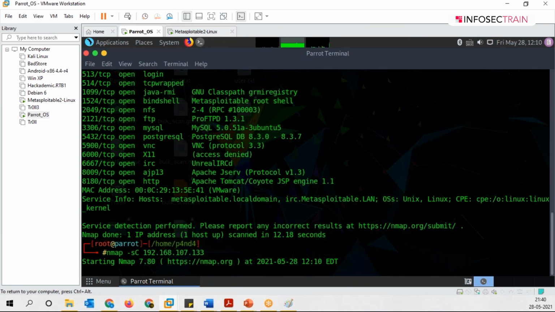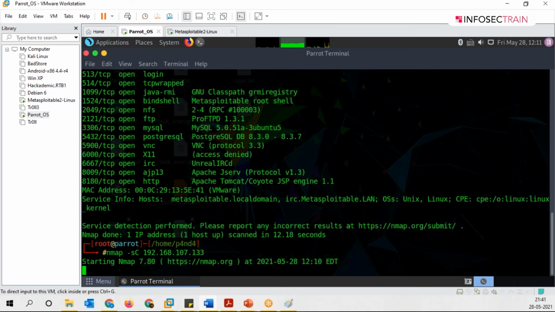Earlier we discovered by the locate command that there were 600 scripts present by default in your nmap, correct? But with this -sC, we won't be running all those scripts. We'll be just running the well-known ones among those 600.